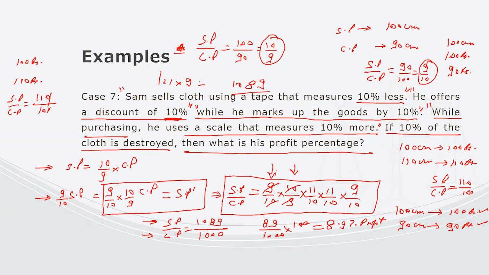If you are able to generate your selling price by cost price ratios correctly, then you will be able to multiply all of them and get down to the ratio of selling price by cost price in the entire transaction, which can then tell you the profit or the loss percentage. Now, some of you would want to say, sir, is it similar to successive percentage change? Yes, it is similar to successive percentage change, but it is preferable that we use fractions rather than that formula of a plus b plus a into b by 100, because that is going to involve a lot